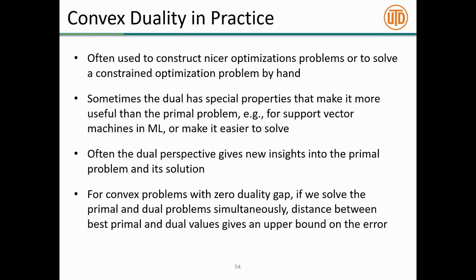Another good example might be that the primal problem has a really complicated constraint set, but in the dual problem the constraints are really simple, so it's easy to do projected gradient methods in the dual, and hard to do that in the primal problem. So there are advantages to working in the dual, because the projection is easy to compute. Oftentimes, the dual gives you nice insights into the primal problem,